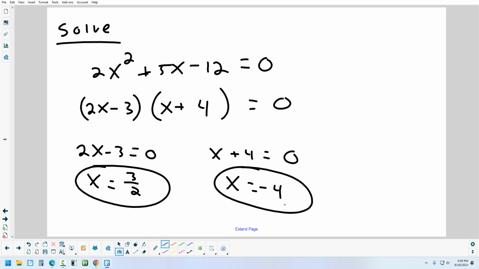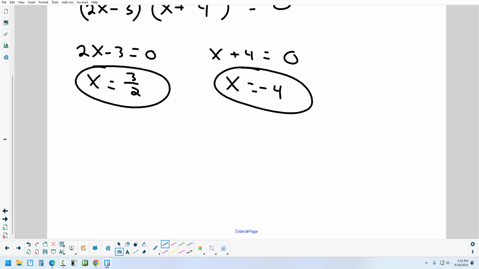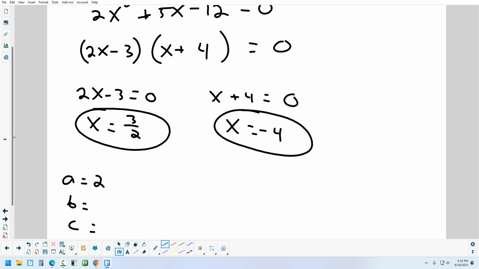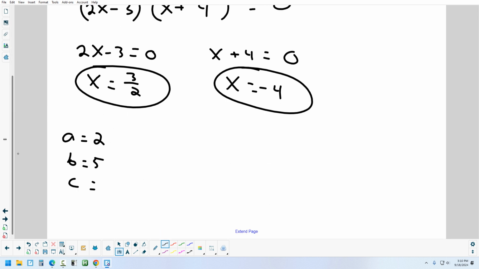Now let's do the same thing again, but let's use quadratic formula. So quadratic formula. A is 2, B is 5, and C is negative 12. So we've got negative B plus or minus the square root of, and then what's going to go under the square root? It would be 5 squared. Yep, 5 squared. Minus